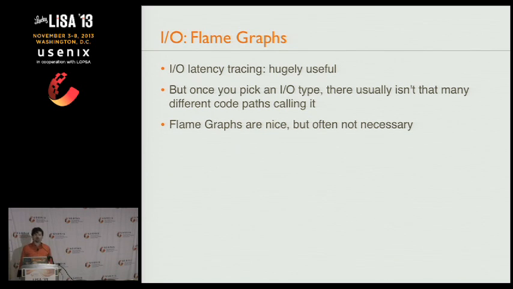But I don't actually think these are cool. The reason I don't think these are cool, and why I only put a couple of slides on them, is that when I'm profiling I/O stacks, there's usually only 1, 2, or 3 paths that lead to doing disk I/O, lead to doing file system I/O. And if you only have a few paths, I spot it from the profiler output straight away. So the flame graphs are nice, but a little bit overkill when I can already see it from the text output.